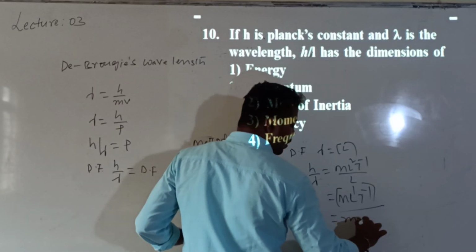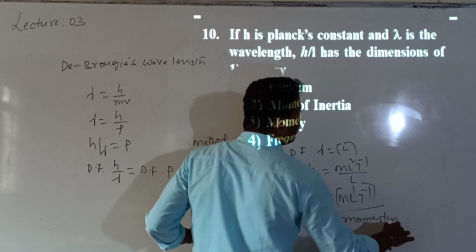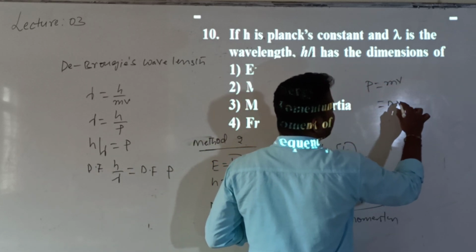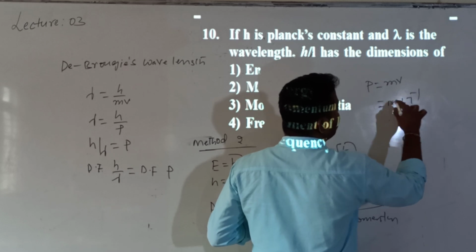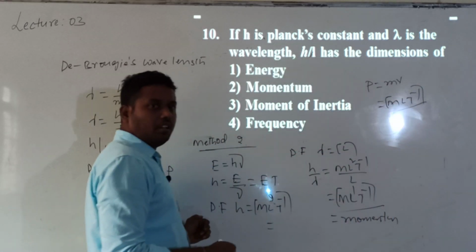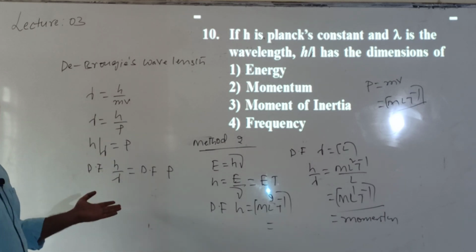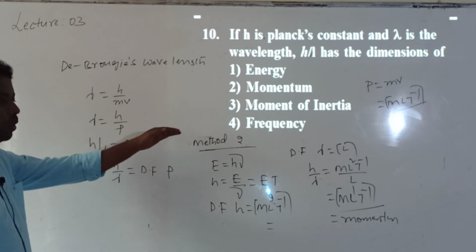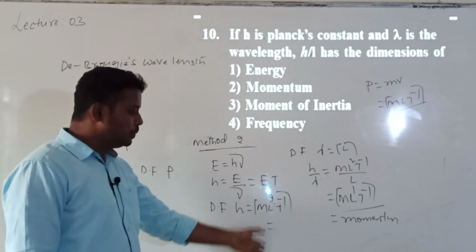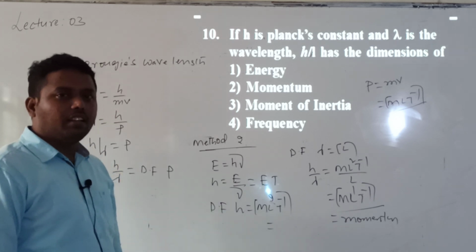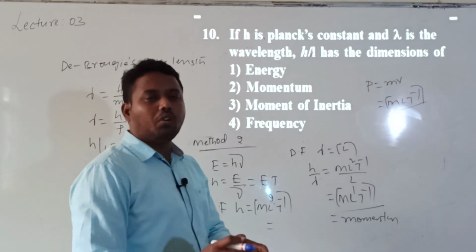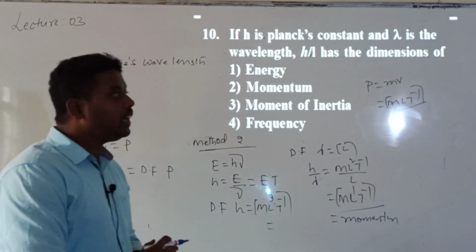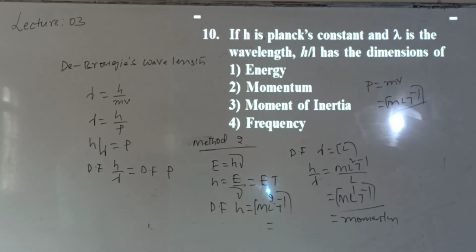Momentum means product of mass and velocity. P is equal to m into v, mass M, velocity L into T power minus 1. Okay? Your wish. Directly also you can tell, but we are discussing the chapter units and dimensions, so due to that you can also do this method. The thing is, you should know how to write the dimensional formula for each and every physical quantity. Okay, this is question number 10.